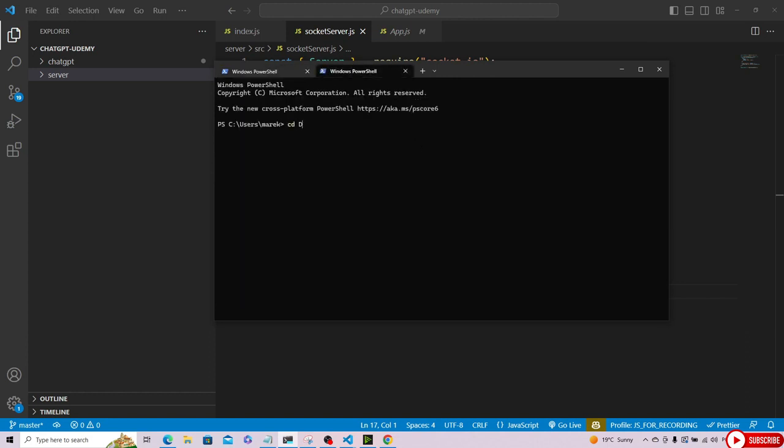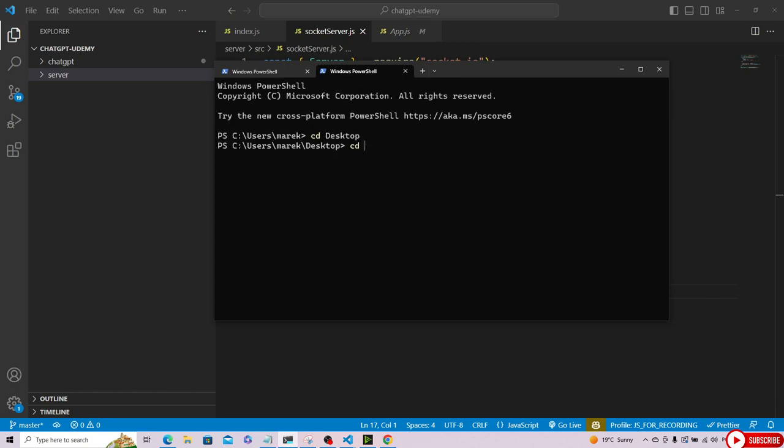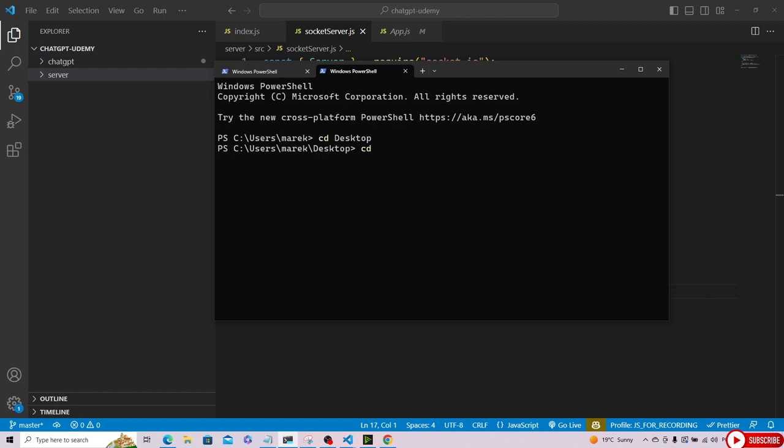And now let's find once again this folder with our application. In my case, I have this exactly on the desktop. Here I have this ChatGPT Udemy folder, and here I have the client application with the name ChatGPT. This is my React application, and in my React application I need to do one thing to connect with our SocketIO server. We need to install, npm install